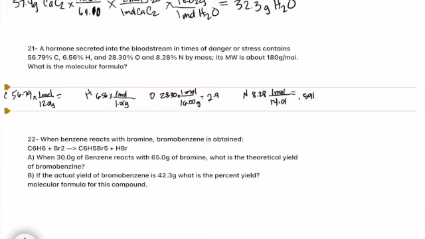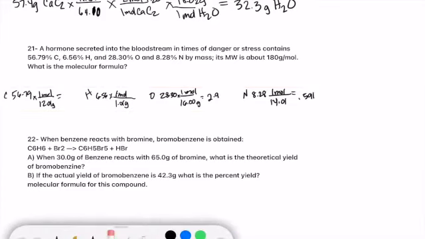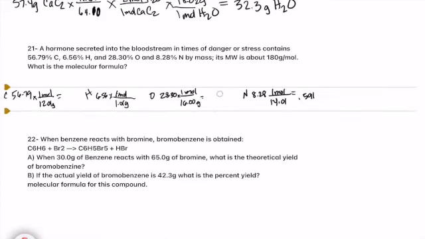And then my oxygen was 28.30 grams, and my nitrogen was 8.28 grams. So I do my math to convert to moles here. And I find out that I have